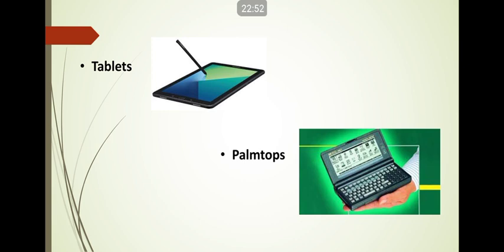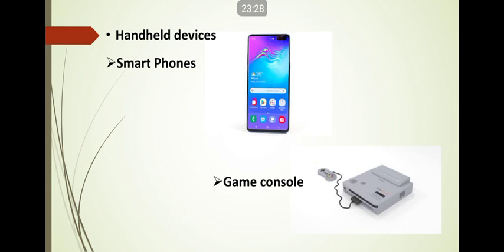Next kind of microcomputer is palm tops. Palm tops are such kinds of computers which are compressed. Compressed means the screen is also compressed and the keyboard is also compressed, of such size so that it can be adjusted on your palm. Clear? As you can see in the image. So these kinds of computers are called palm tops. They work completely similar to the other microcomputers.